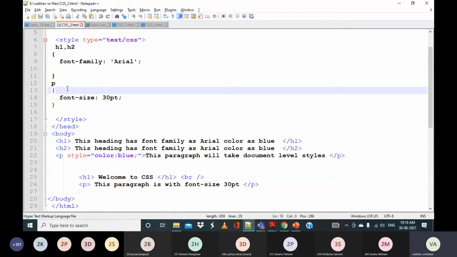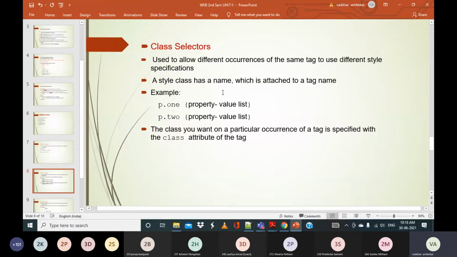For example, if you say paragraph P, font size is 30. But I want two paragraphs: for one, font size 30 and color blue, and for the other, font size 20 and color green. In these conditions we can use class selectors.